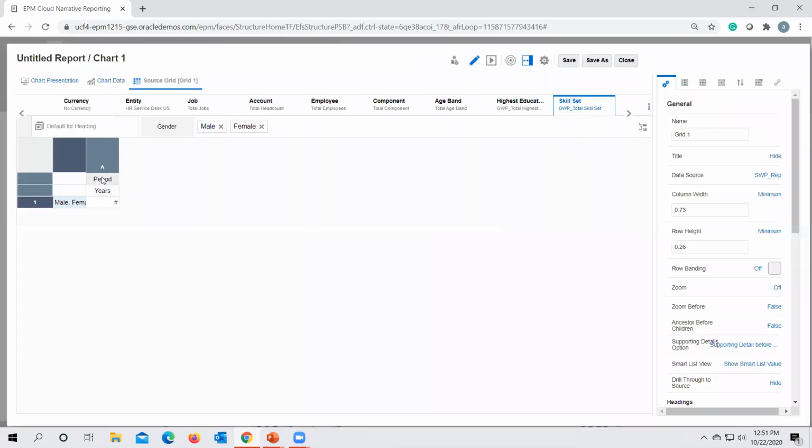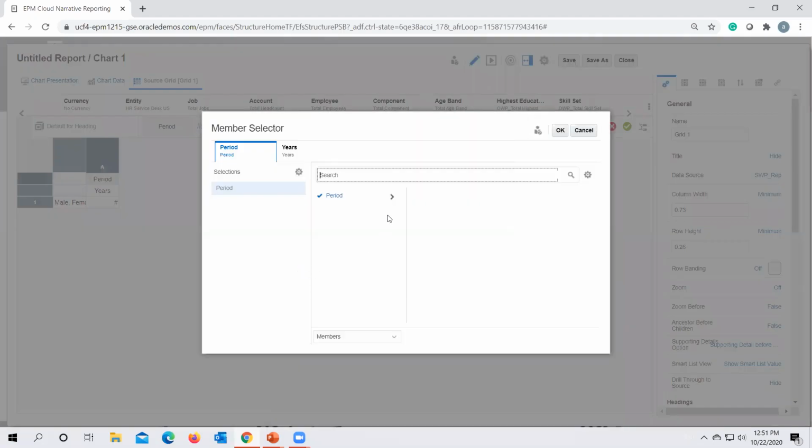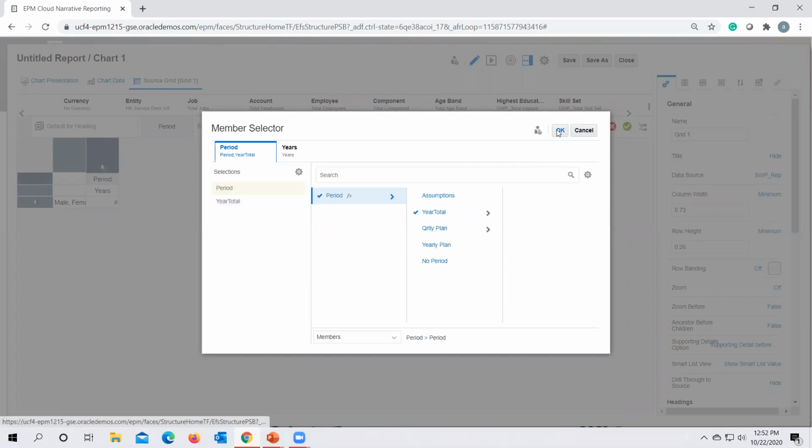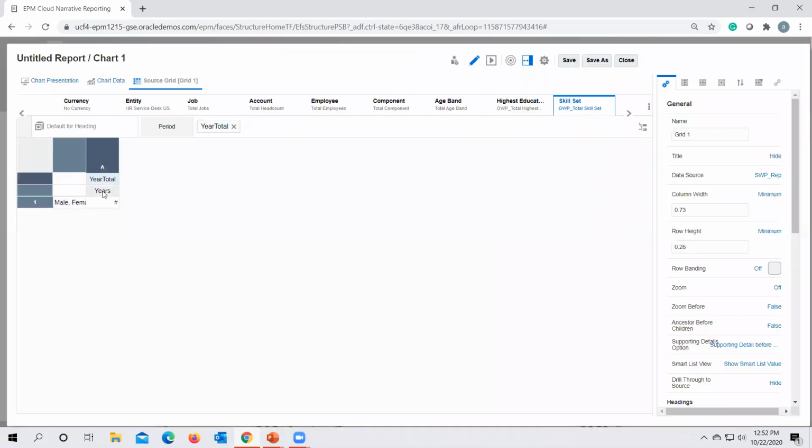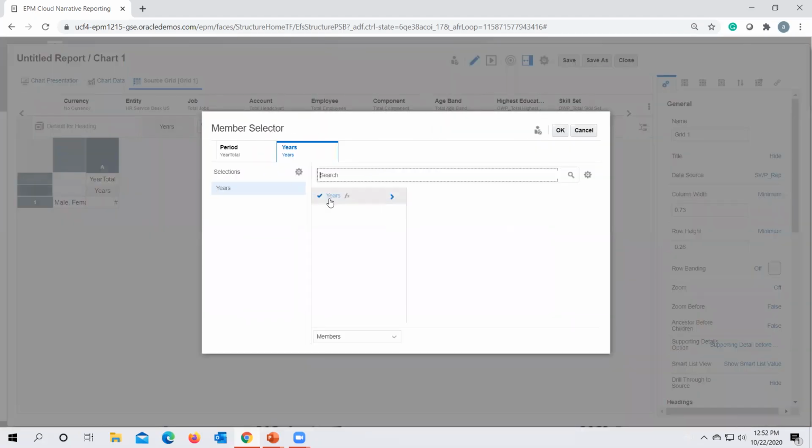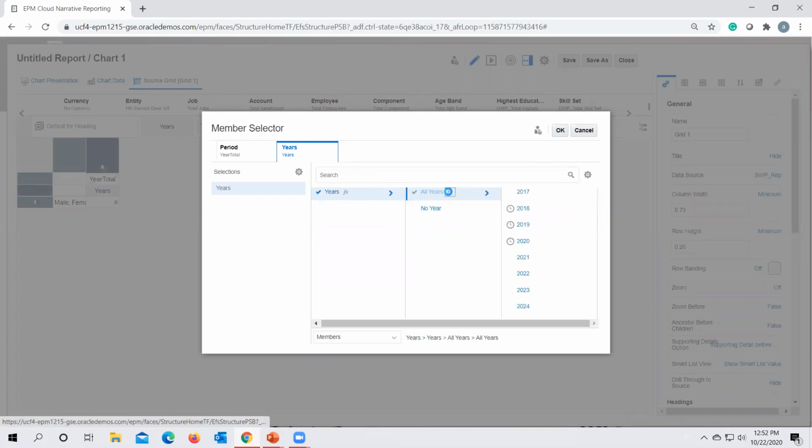The period that I need here, I would be selecting year total so that I get the data for all the years, all the months, sorry. I want my data for the range of years, so I go to all years and select children of all years.